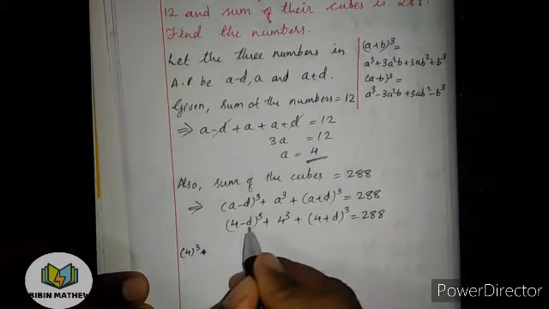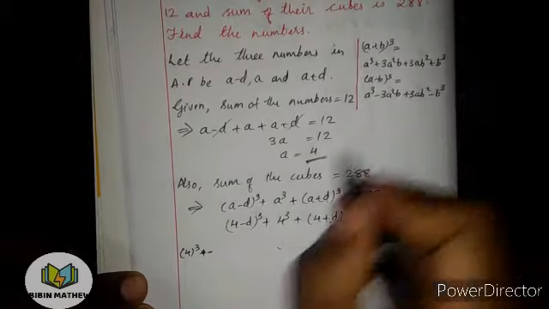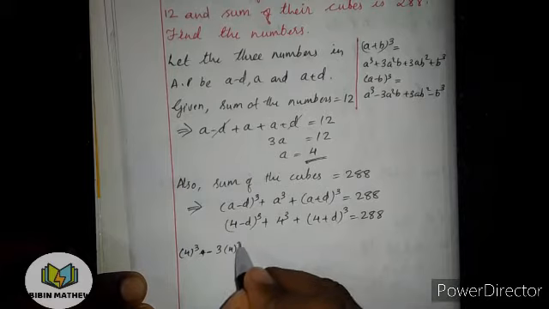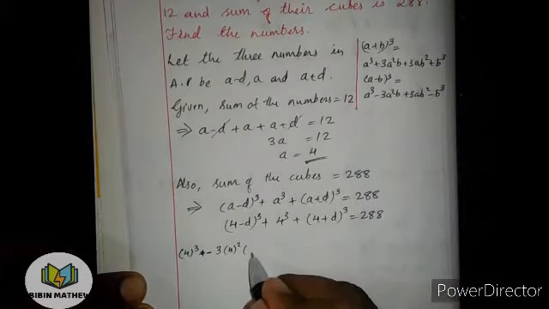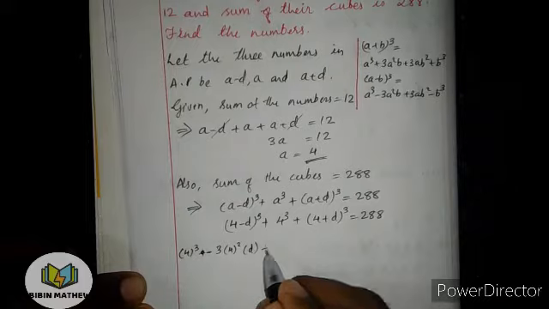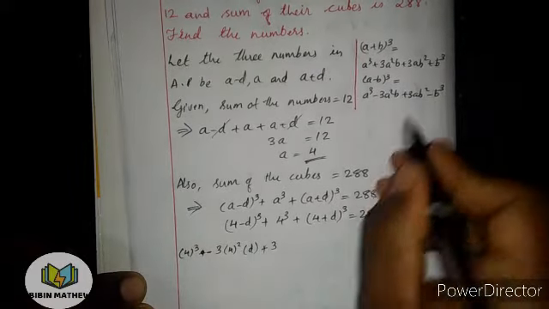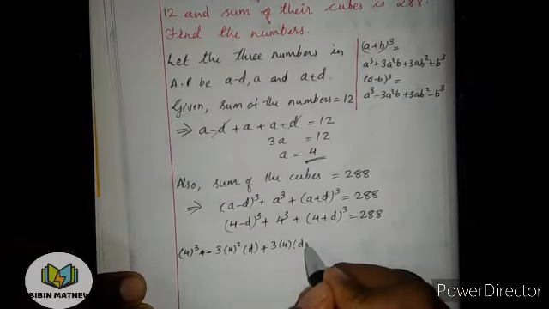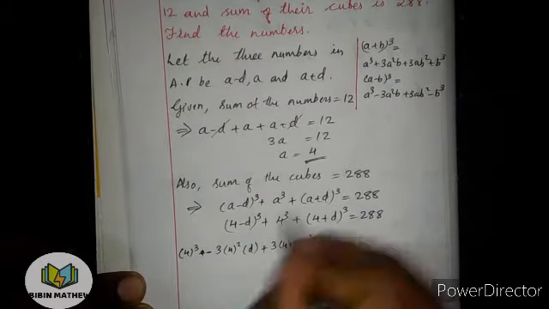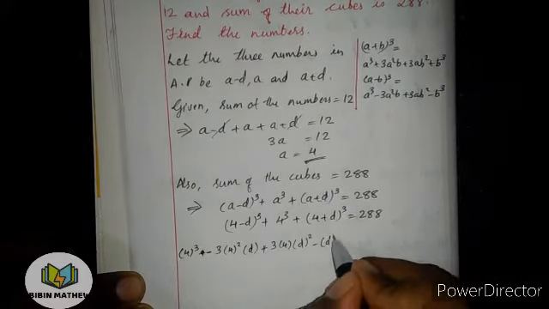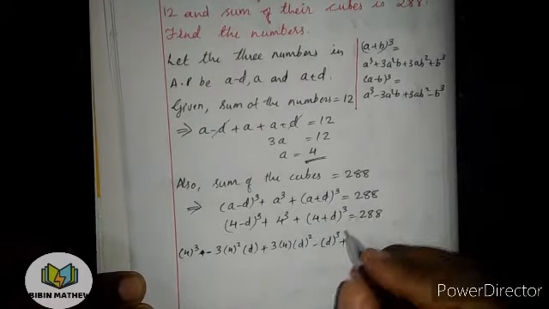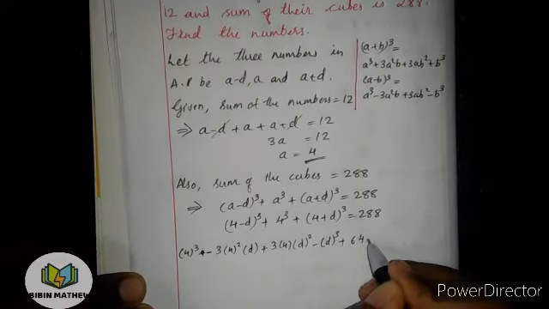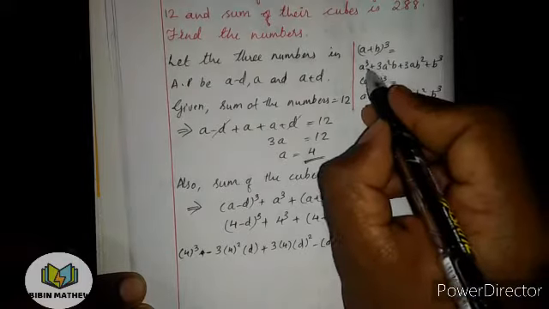हाँ, इधर ये जो है माइनस है, इसलिए माइनस, we are going to take this equation: minus 3 into a का स्क्वायर, इधर a की जगह 4 है तो 4 का स्क्वायर, into b की जगह d आया तो d. Then again plus 3 into a की जगह इधर 4 आया, b की जगह इधर d आया, d का स्क्वायर, minus b का क्यूब, b की जगह इधर d आया तो d का क्यूब, plus 4 का क्यूब. How much is 4 cube? 4 into 4 into 4, that is 64.